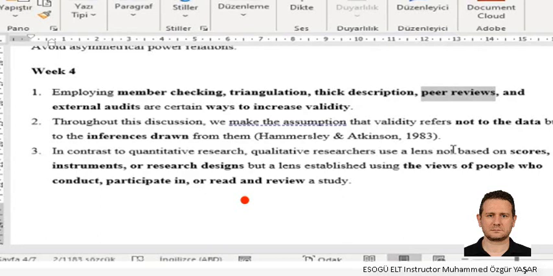So you ask one of your peers to check, and maybe there are some things that you overlooked. Maybe you had some biases.